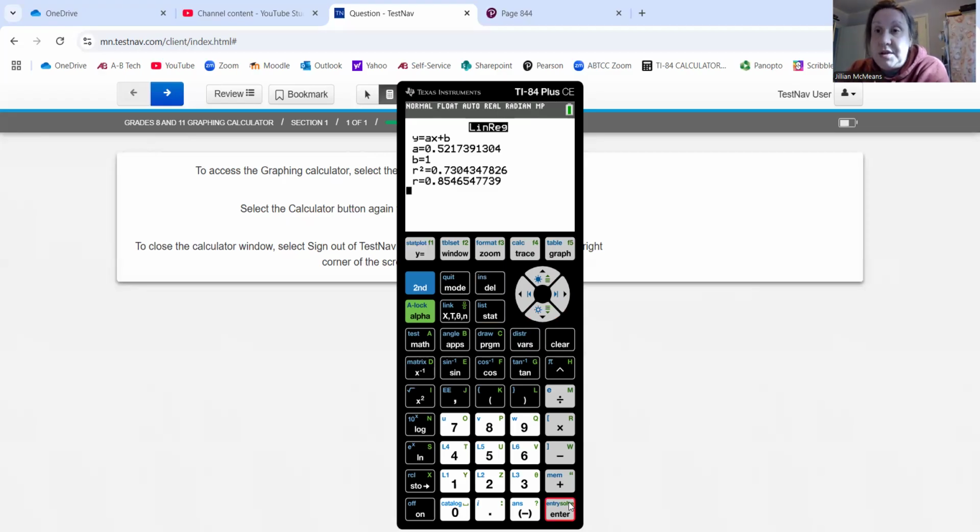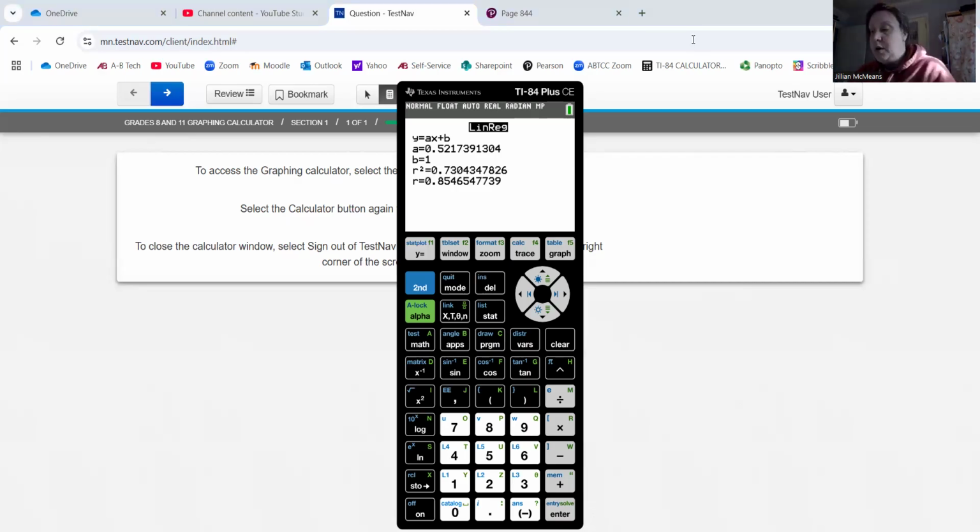Now, what you're seeing here is information that does give you the line of best fit, but what our focus is going to be is R. Do not worry about R squared. Honestly, I don't even remember what R squared is. We're looking at just plain old R, and it is 0.85. Let's go 2 decimal places here. So R is 0.85, and if we go back to the worksheet,